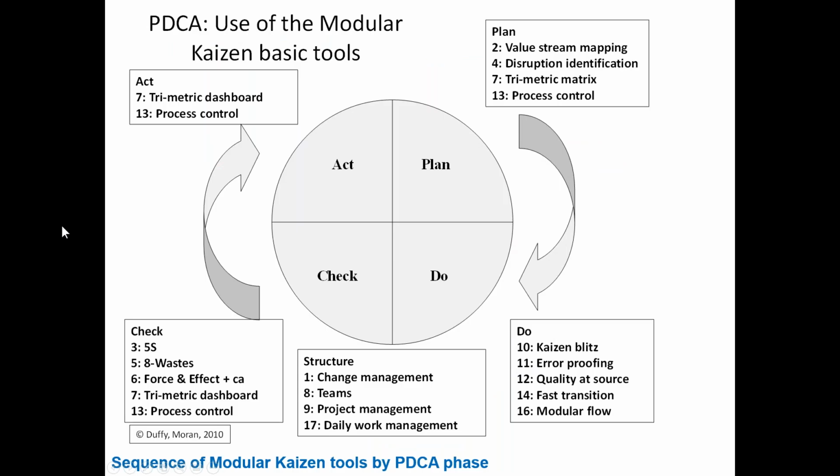What I did out of those 17 tools using the plan, do, check, act cycle. Now, this is not to say you can't use the tools anytime they make sense for you. The lean tools, I keep telling my friends, there are no tools police. Use the tools and they work for you. However, just as a thought of where would these tools really work?